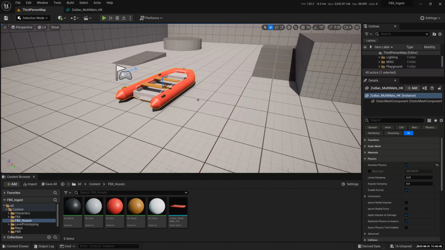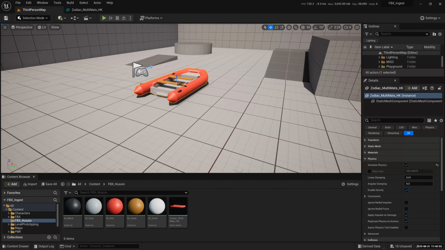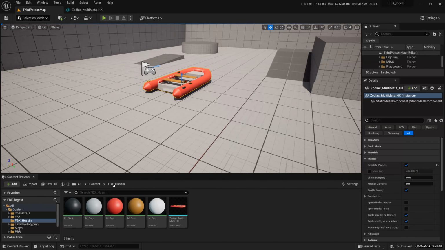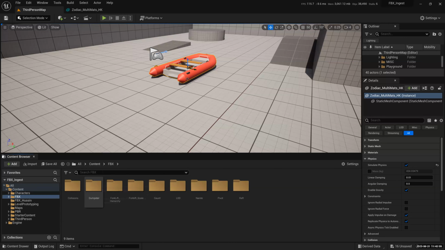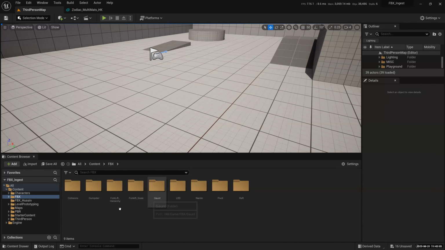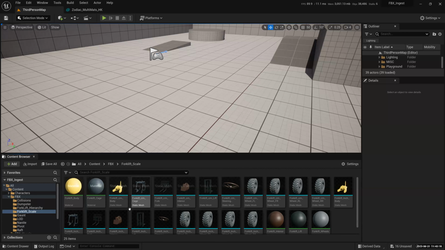So let's say you have, I want to try with a different content, okay? I'm going to go into the FBX folder. I'm going to bring in another object and take this one out, delete. I'm going to bring my forklift. I've got my forklift here somewhere. That was the raft just now when we were playing with it. It's my forklift, scale, my forklift hierarchy. It's all broken up.